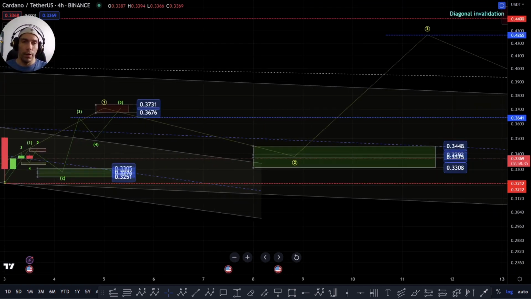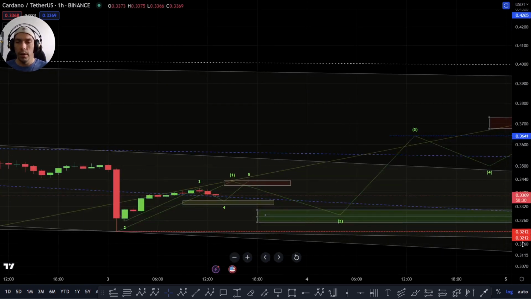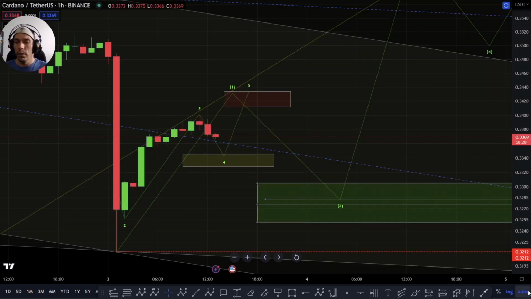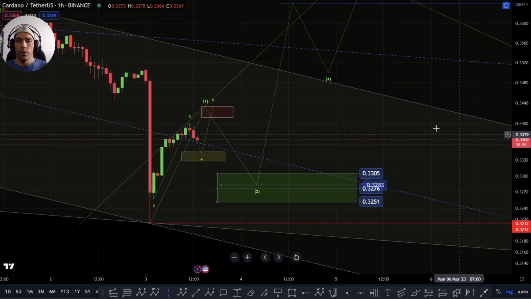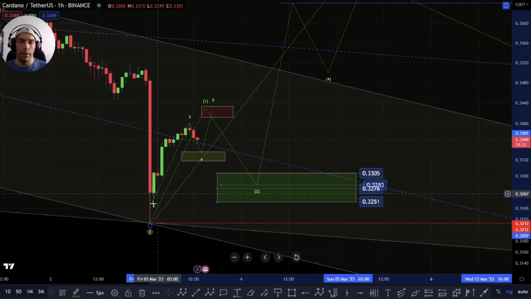So if we want to argue the bullish case from here, we'd have to be looking at it in this way. I'm going to come down here into the 1 hour again. Let's just sort this out. The way we would have to look at it is that potentially we're looking at a five-wave move here, where this becomes a 1, 2, 1, 2, 3, 4, 5 for a third, and then we're looking for this fourth.